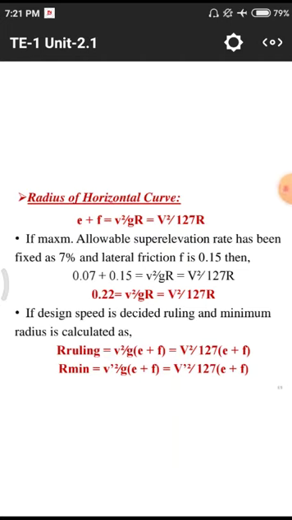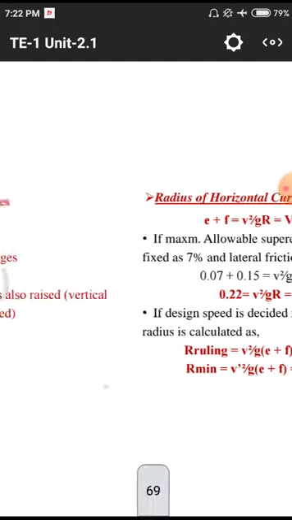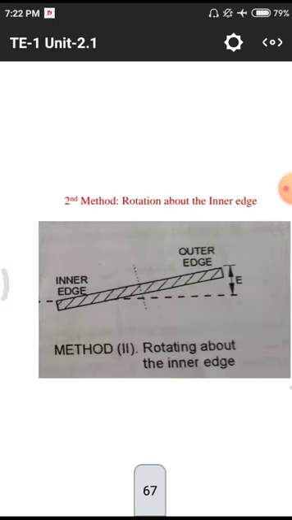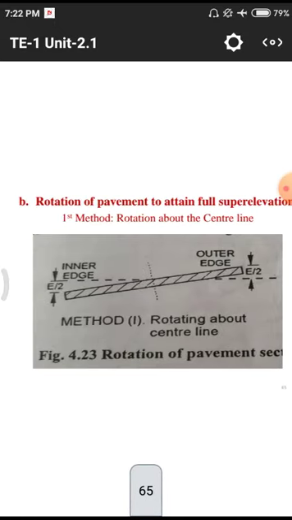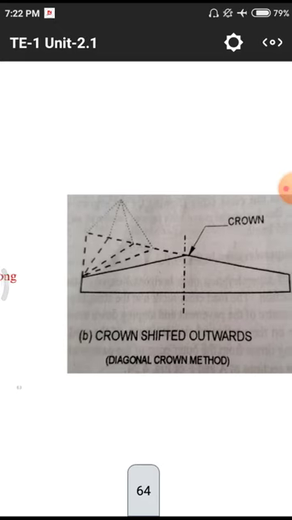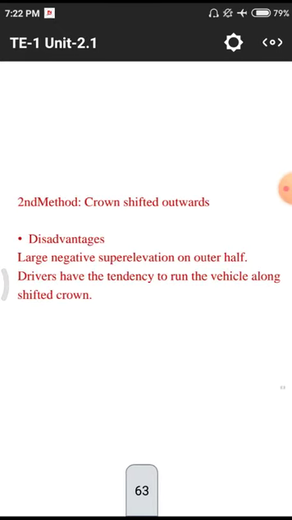In the previous class, we discussed super elevation curves and different kinds of designing of the super elevation. That means the different terrains: rolling terrain, steep terrains, and other terrains. How we have to design this super elevation curve, and the different methods of design. In these different methods of design, the first one we designed was the elimination of